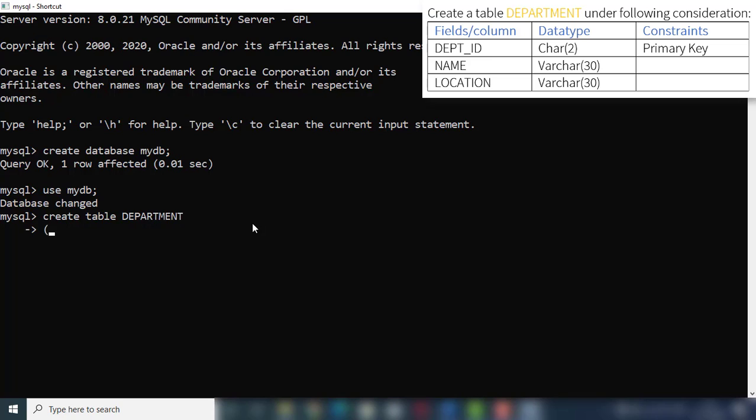Student, you can also type in Notepad and do copy paste if you are finding it difficult to type here. Then dept underscore id, then the data type is char 2, primary key,